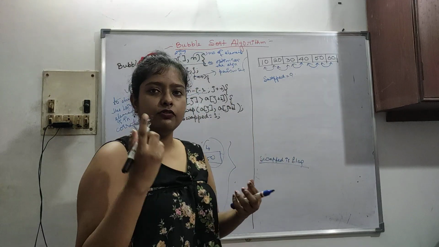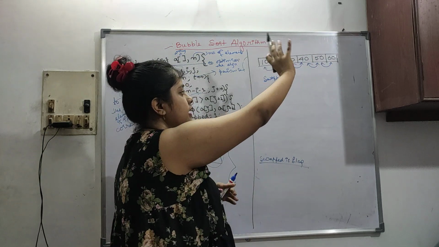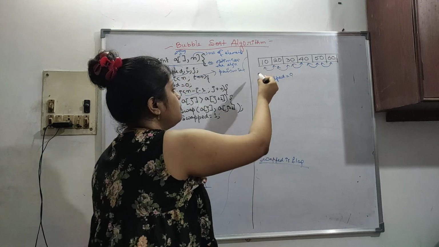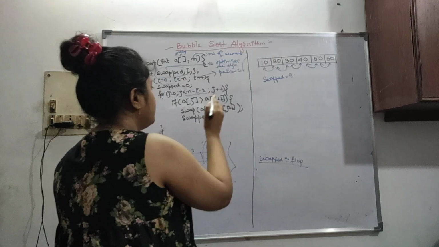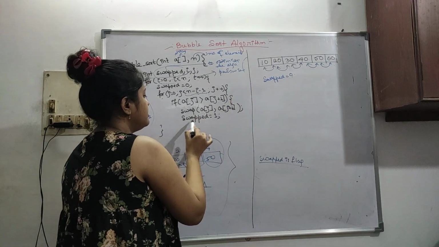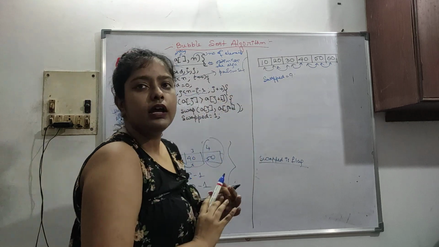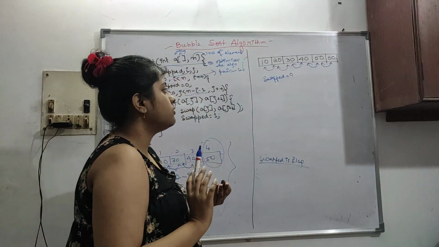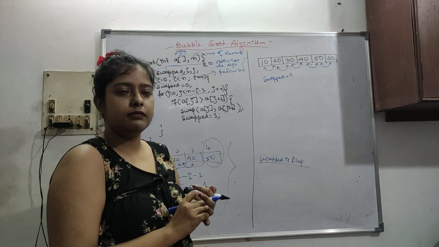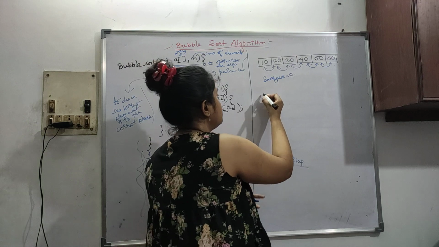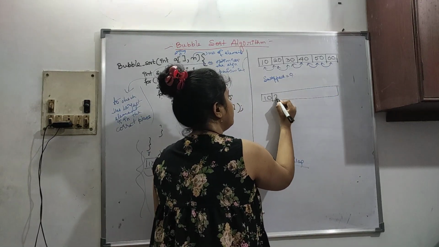So this is basically, as I have told you, optimizing the algorithm where the array was already in sorted order. If we have checked till the end and the array is sorted, and the swapped variable remains intact, it remains 0 and doesn't change to 1, then we can just leave this part and say it is in correct order. We don't have to do anything much about it. You might think that this may have some flaw, so I will show you that this swapped variable does not have any flaw.